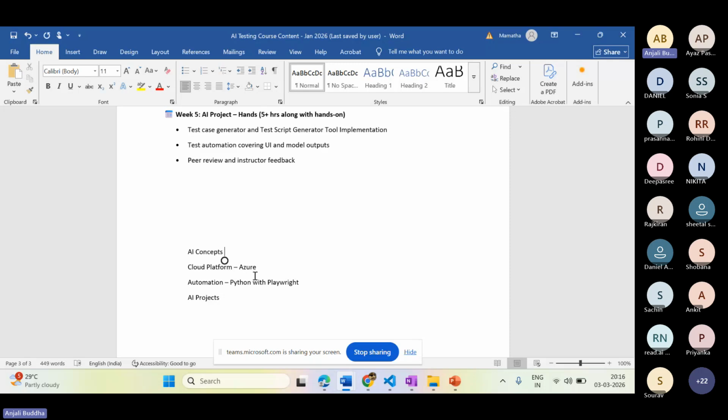And apart from that, as part of the cloud, what are all the different AI tools we can try to use? These are pre-trained AI tools which are present, and how we can try to use them. Even if you are trying to do any kind of certification course, I'll be guiding on that too, because most of the content I'll be covering is applied knowledge. You can understand the basic concepts and try to appear for the certification as well. Okay, so this is mainly the course content that we are going to discuss.